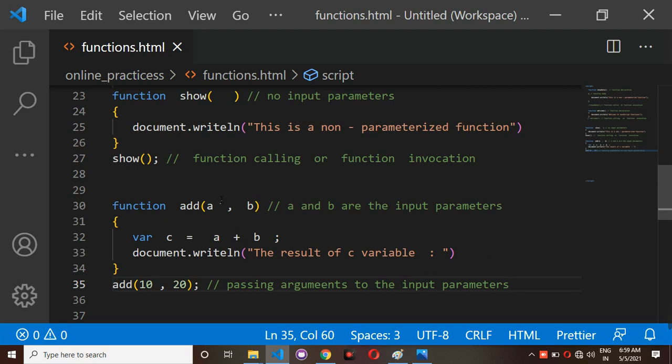So here a is one input parameter and b is the other input parameter. For the two input parameters, you are going to pass the values here. 10 is the value you are passing to the a variable, and 20 is the value you are going to pass to the b variable.